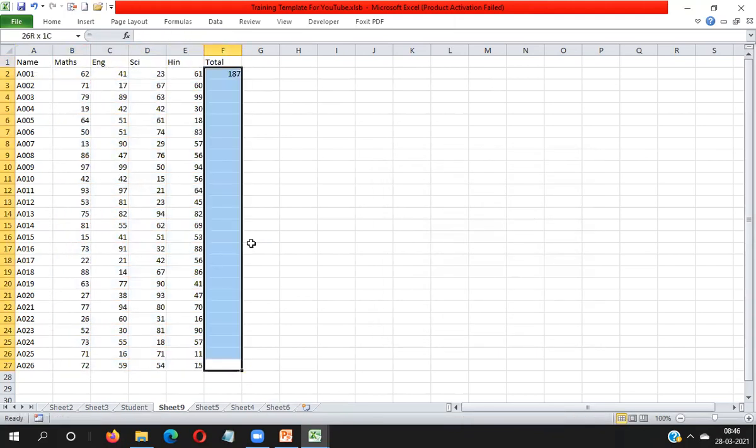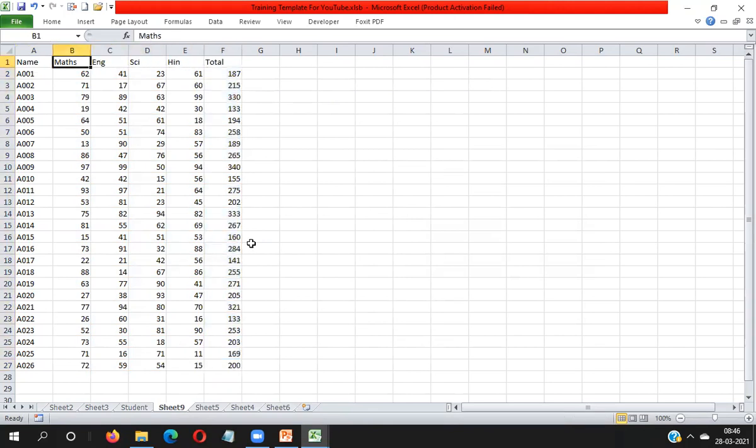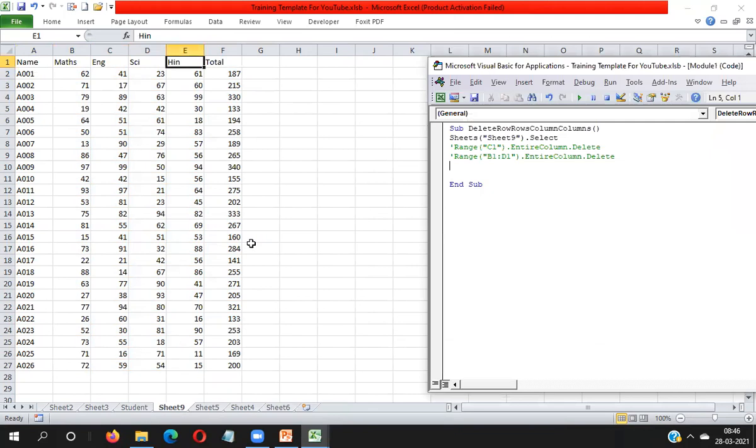Done. Now I want to delete B column, D column and F column. How would it be possible? You can write here Range("B1,D1,F1").EntireColumn.Delete.